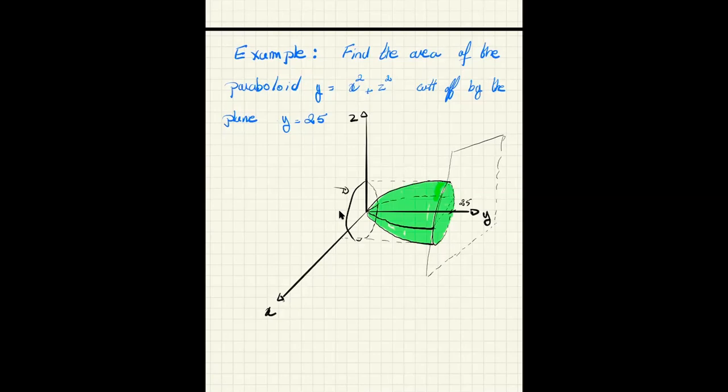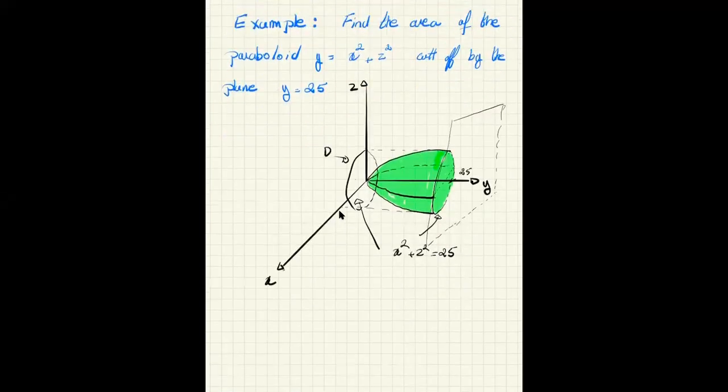And this is the region V. And so what is this circle here? It's when y is equal to 25. So it's x squared plus z squared equal to 25. Same thing. So the region D, and we have the parabola that is just above the region D. So now we're going to apply the formula of AS